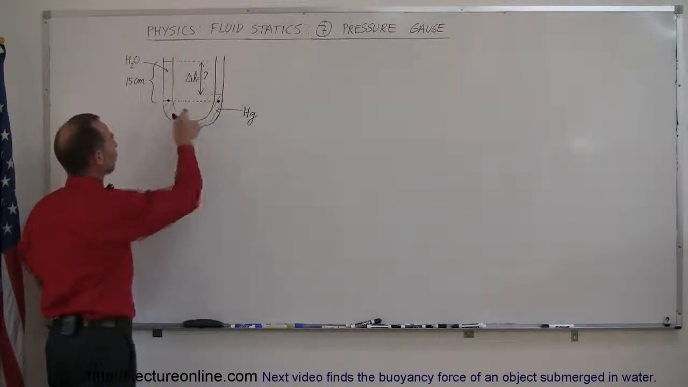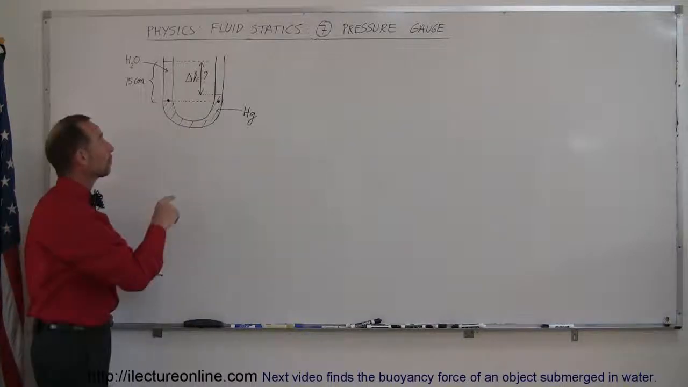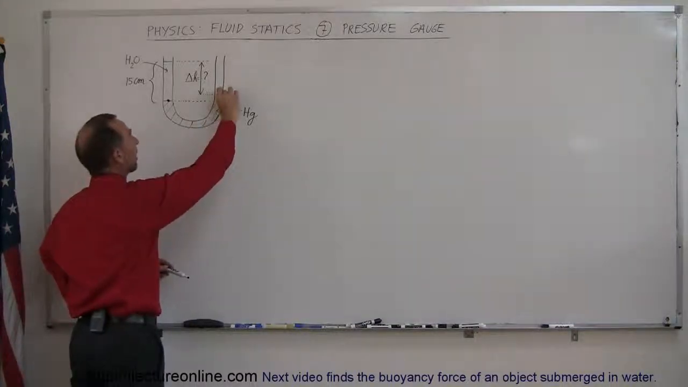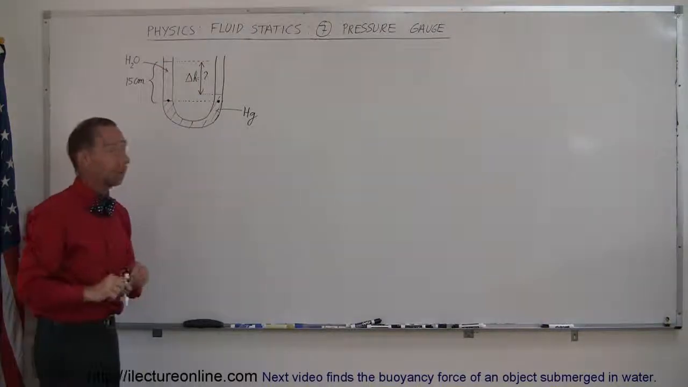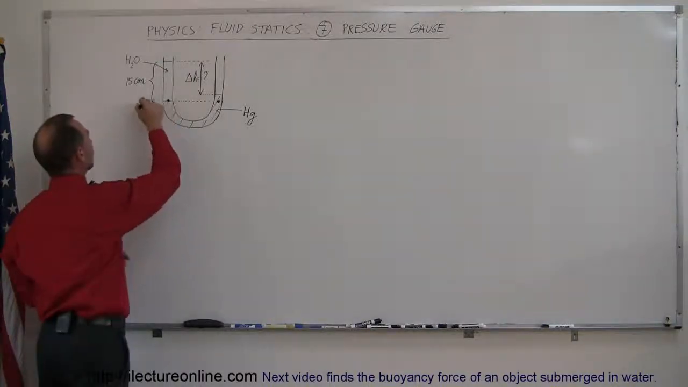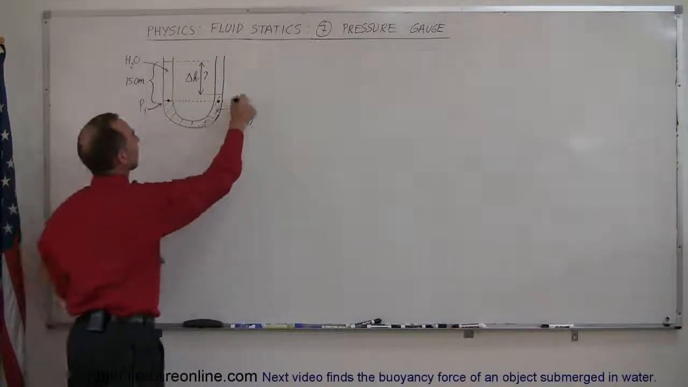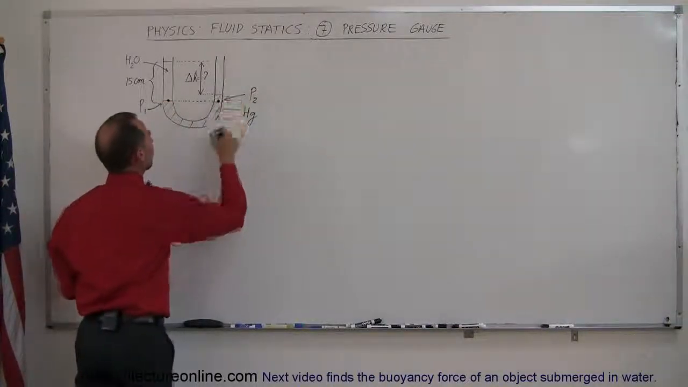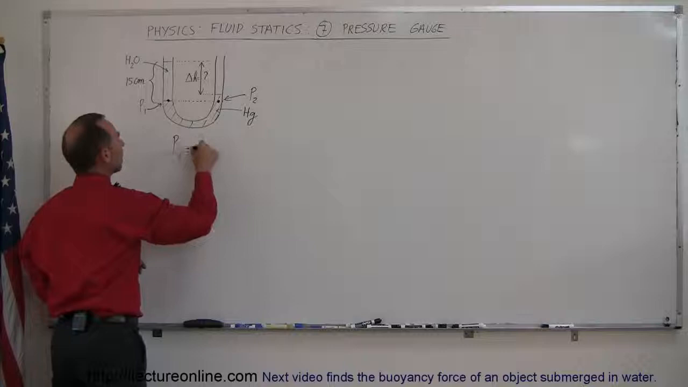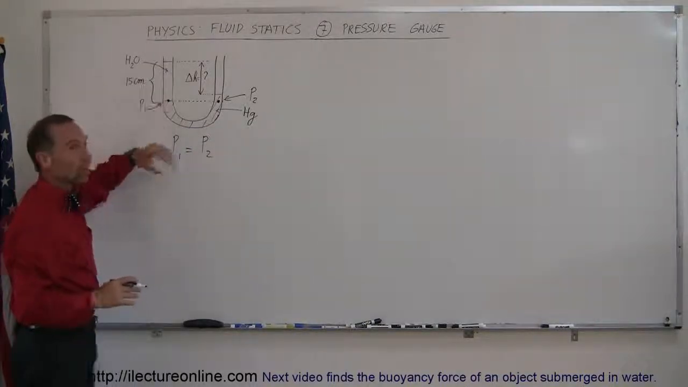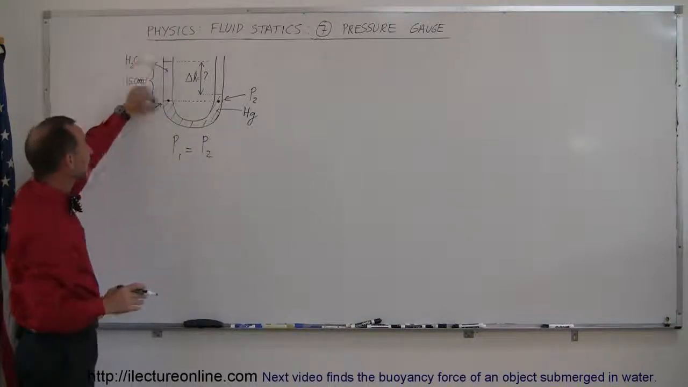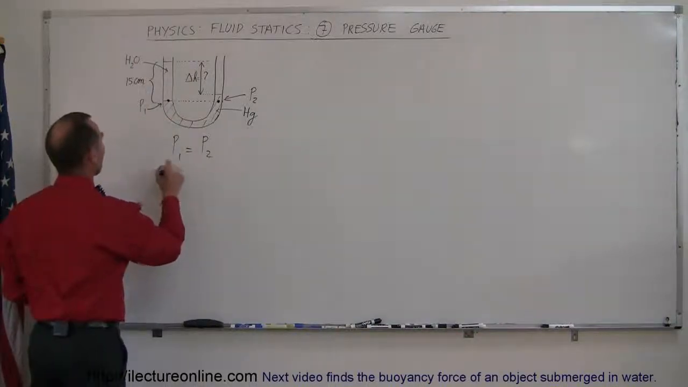So I know that the pressure at those points is equal, which means that the pressure over here is caused by this height of mercury, and the pressure over here is caused by this height of the water. If I call this pressure 1 at this location, and this pressure 2 at this location, I can say that pressure 1 equals pressure 2. And of course, we know that pressure inside a fluid is caused by the density of the fluid and the depth of the fluid. So pressure 1 can be written as rho 1 g h1,